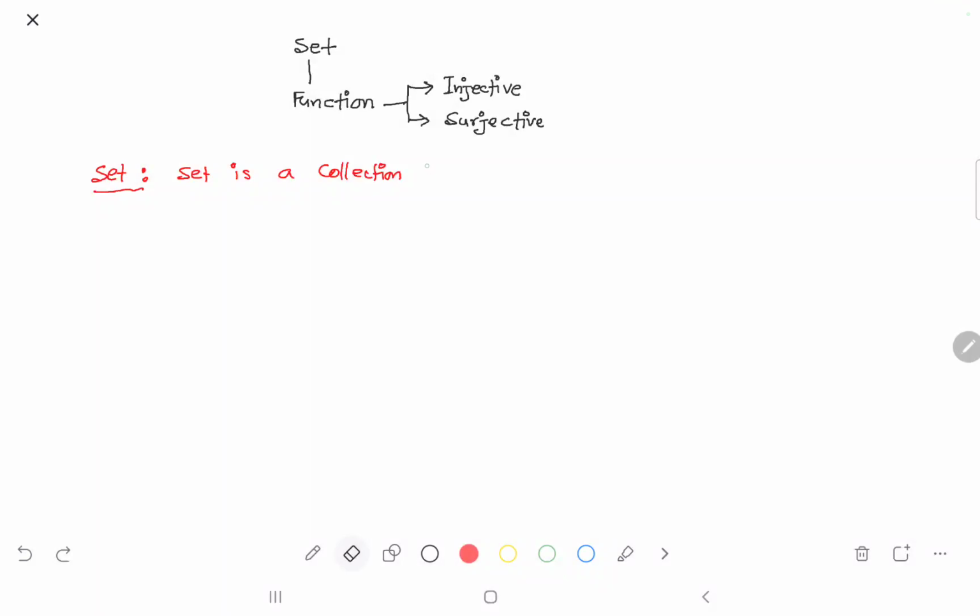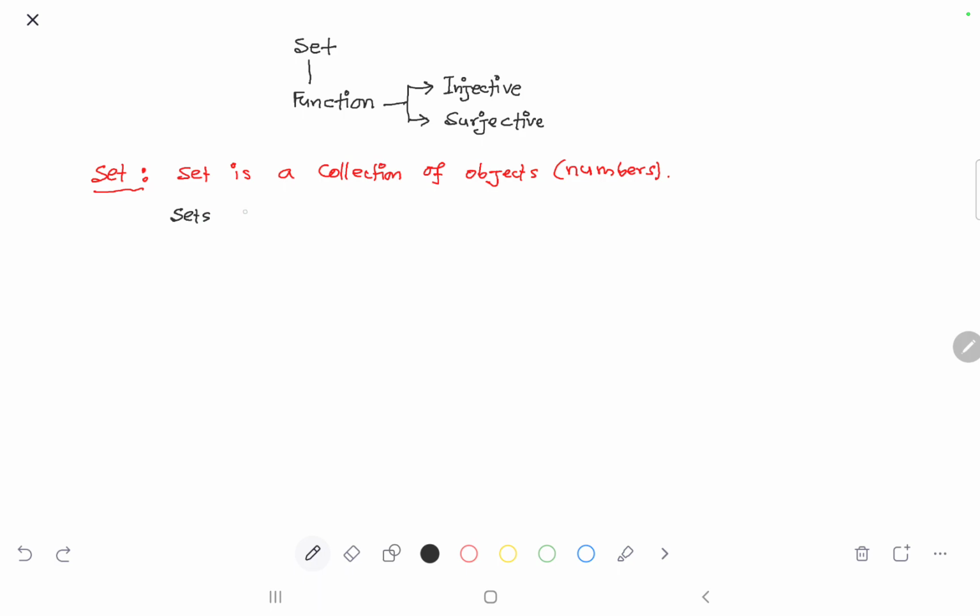So a set is a collection of objects. Basically, in our course, the objects will be numbers. All right, we'll work with the numbers. So let me tell you the numbers before we go on. Sets are represented by listing all of its elements